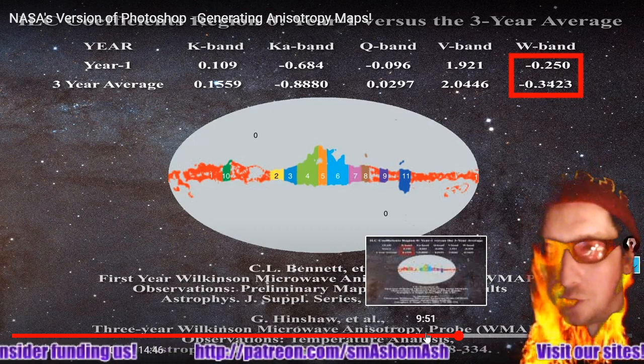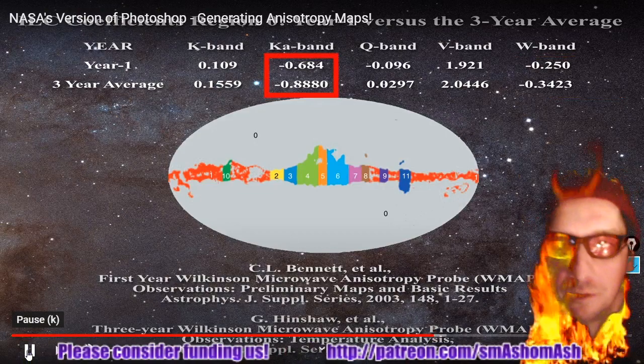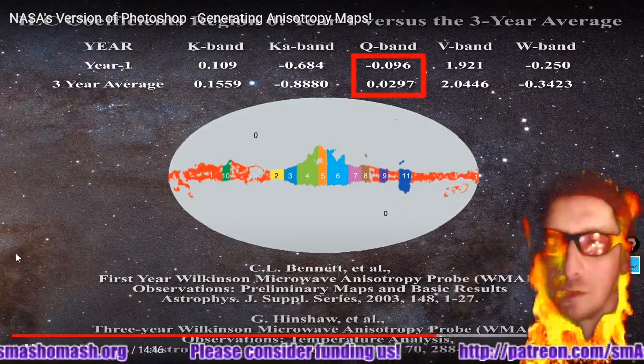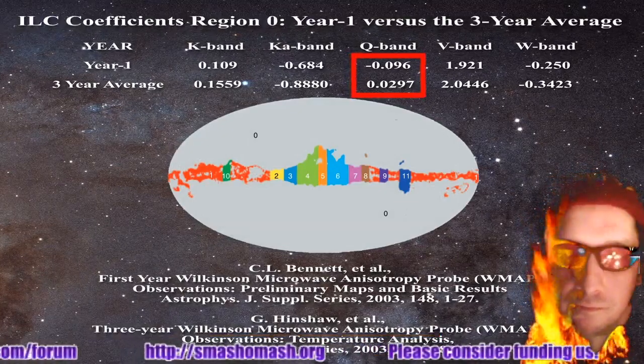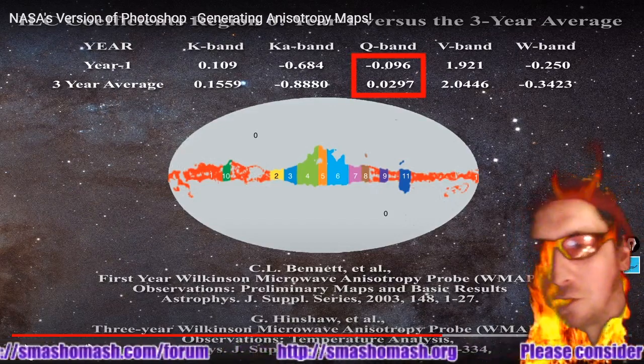Look at the ratio of the Q band. The Q band is the best. Check this one out. The next column is Q band, and the change is stunning. From negative 0.096 in year 1 to positive 0.0297 in year 3. So that's a signal-to-noise ratio of...